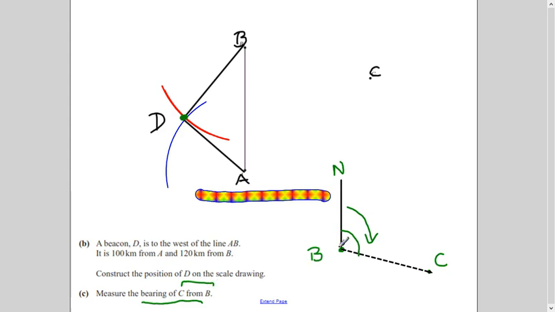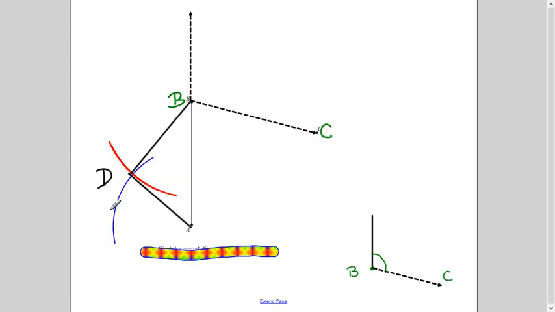So now I will do the same thing in this diagram actually. I will draw north here and then I will draw the line joining BC, right? So let's see here. I have done it here. Because question was saying bearing of C from B. Now I will measure this angle because bearing is always measured from north and clockwise direction. So we will measure in this direction.